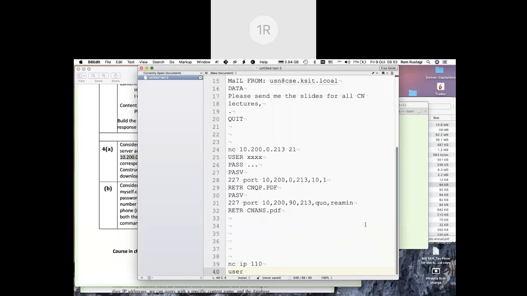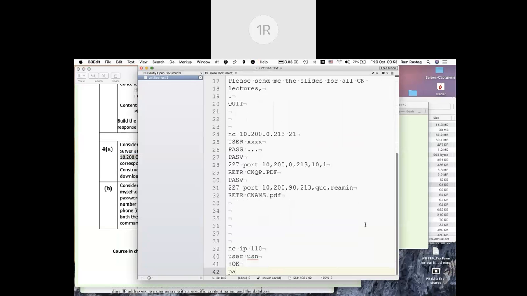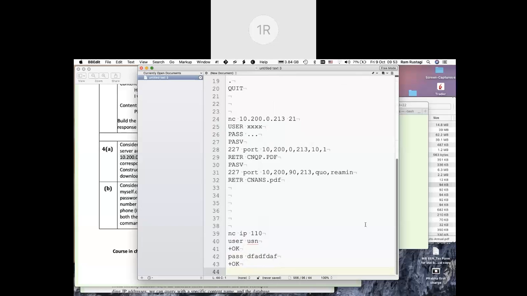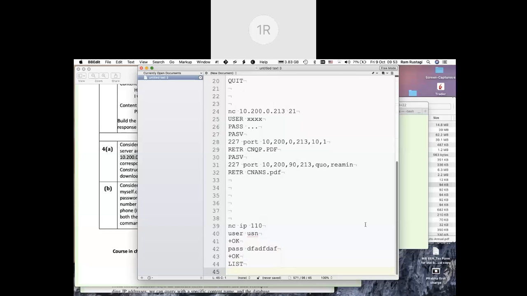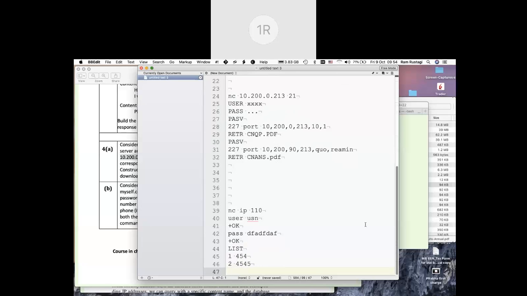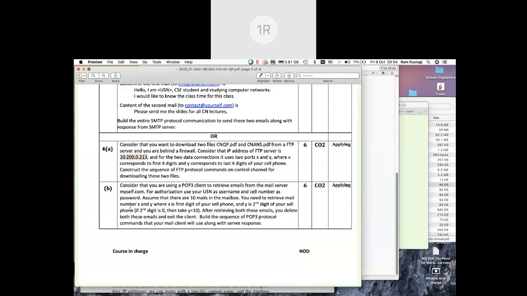You would say user, your USN number, server would say plus OK, then you say pass, your password, server would say plus OK, then you say list, it will give you the list, 1 is whatever size, 2 whatever size, it will give you up to 10. Now the question was, whatever the digits are, second digit of the cell number, and you are retrieving those emails and deleting those emails.